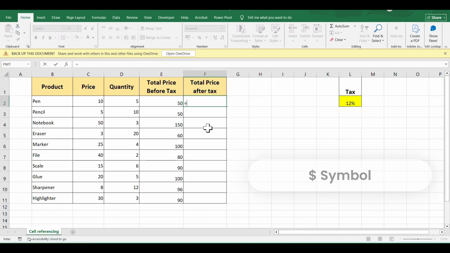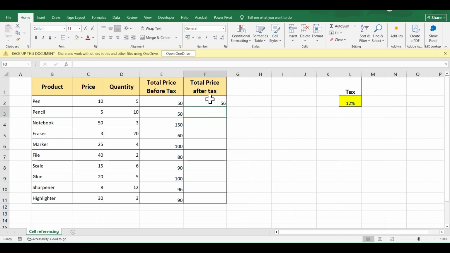Suppose I'm doing it with a relative cell reference, if I need to calculate the price after tax, it will be the price before tax plus price before tax multiplied by 12% tax. When I click enter, the value has been calculated. It is right actually. But when I drag it over,